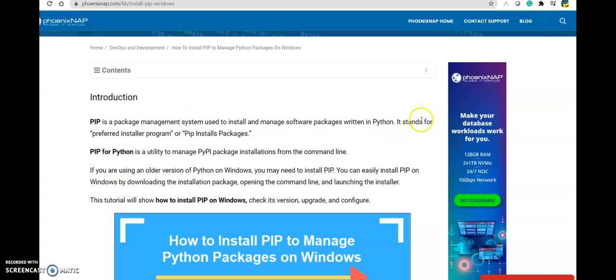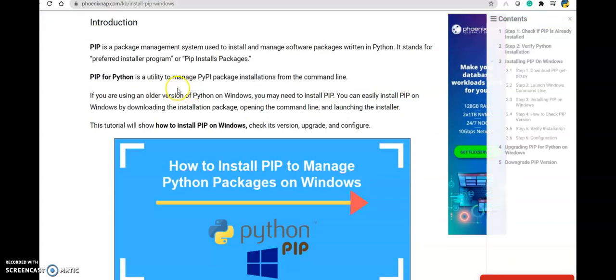Before this, we cut the packages and manually pasted them in the site-packages folder, but the pip command will do everything for you, what you have done manually.